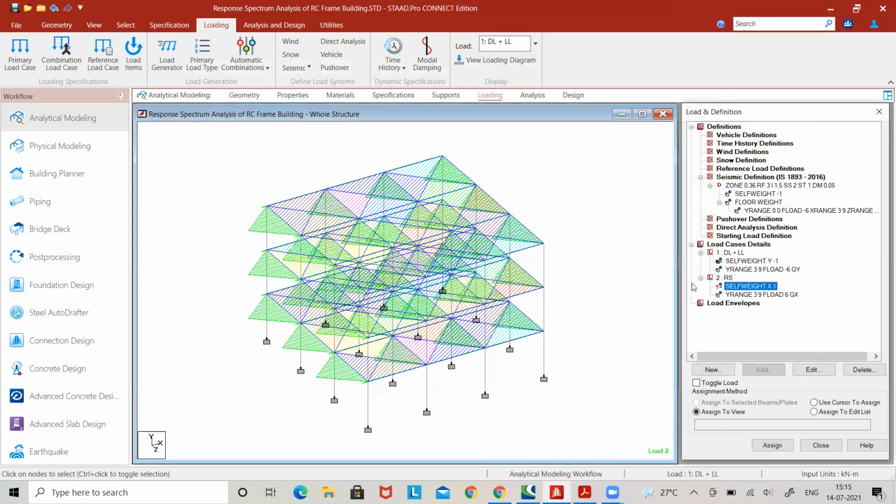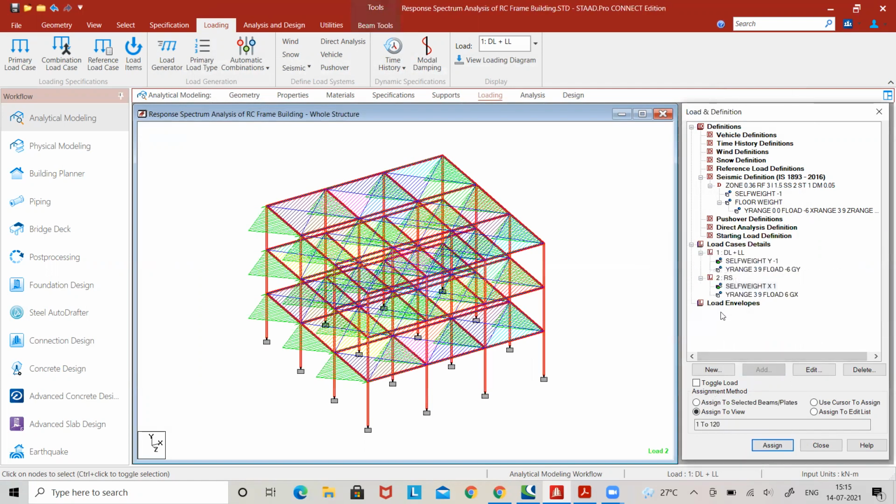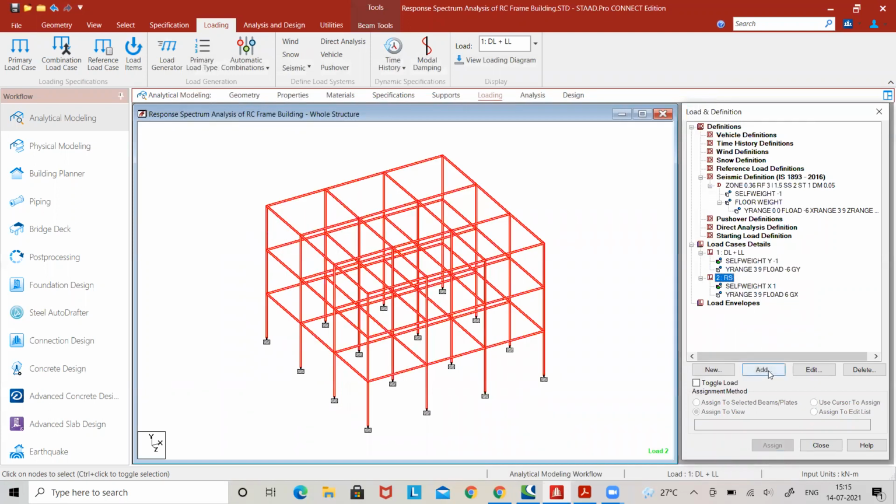The self weight I have to assign, that is assign to view, assign, yes. Self weight in a positive X direction is assigned. Then the floor load in the X direction is assigned. Then we will add the response spectrum load case. Go to add,